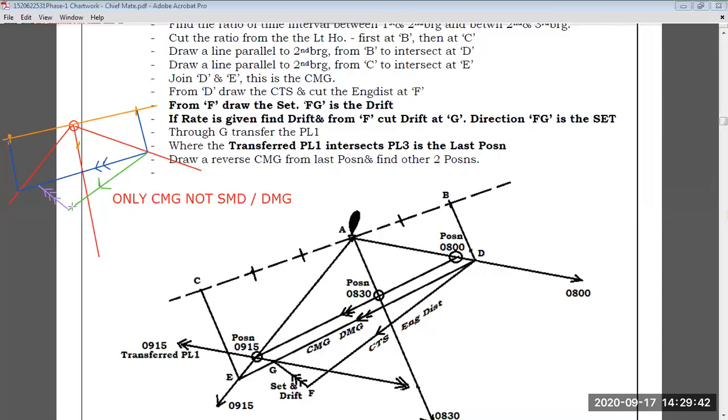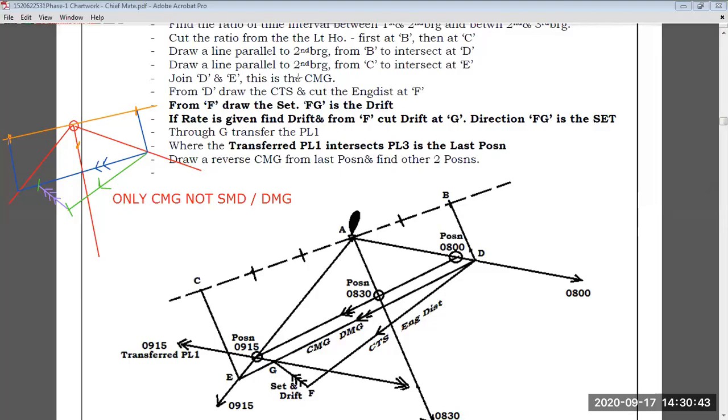And after plotting the course to steer, we put the engine speed arc like this, and then from here we put the set, whatever direction of the set is given, and we apply the direction wherever it cuts at this line. That is our rate. We get the rate of whatever time, here it is 1 hour 15 minutes, and we have to calculate, and from this we can calculate the speed made good and distance made good.